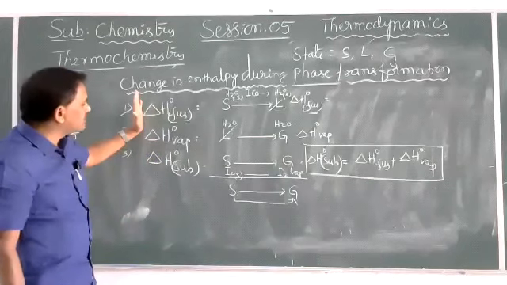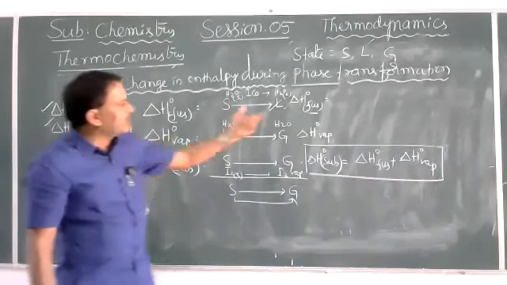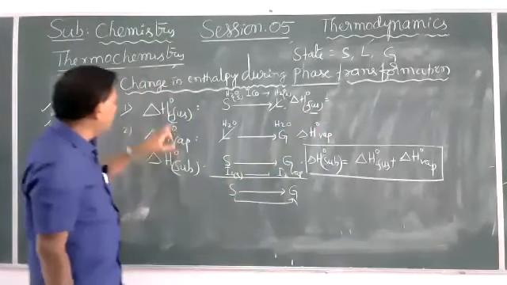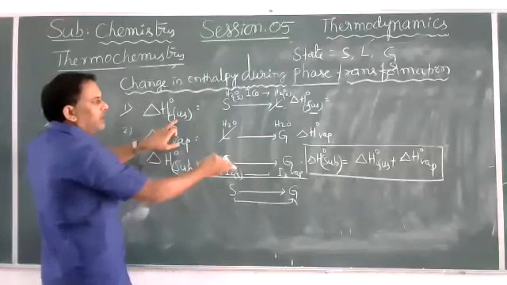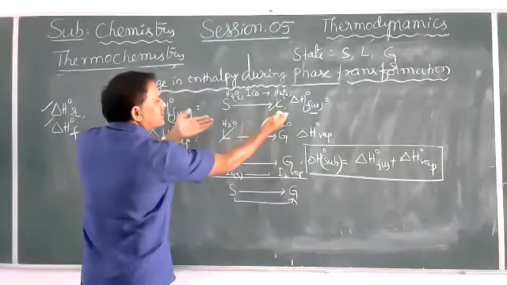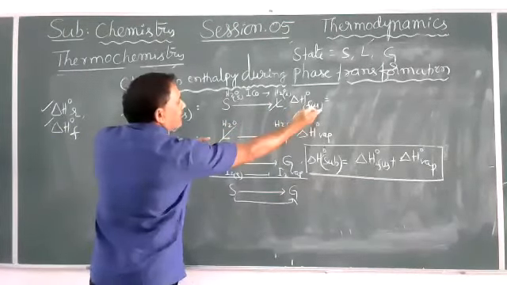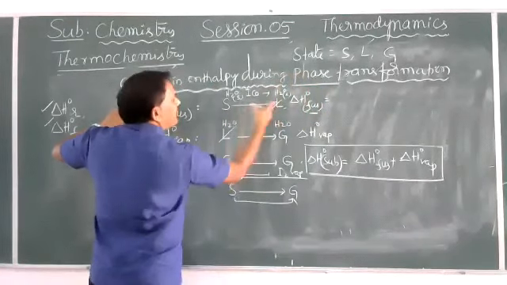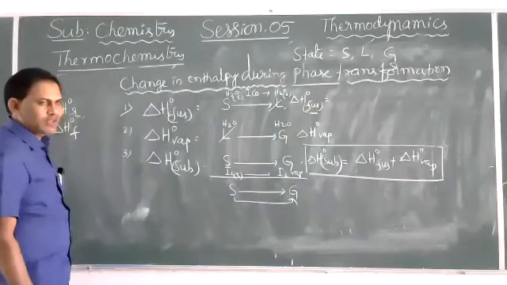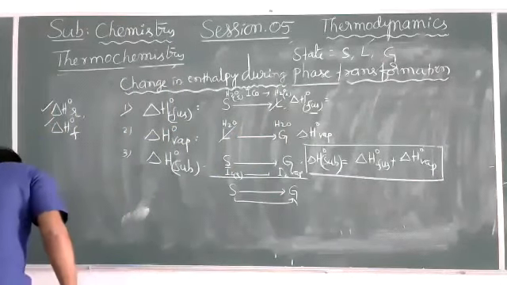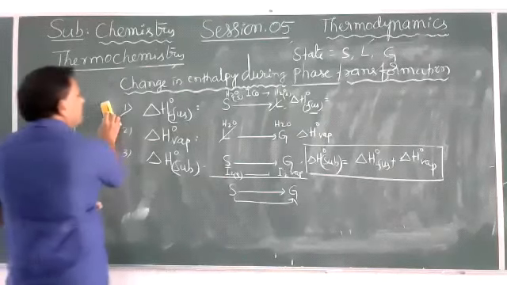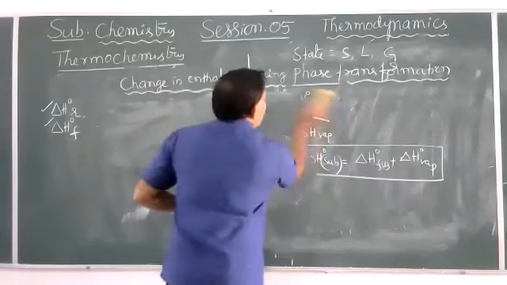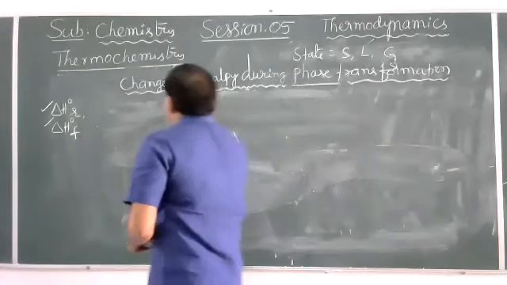Just remember these simple statements and the mathematical expressions. While doing problems, these values will be either plus or minus, their respective values. Enthalpy of fusion is a process in which solid is converted into liquid. In such a process, there is a change in heat, that is, the change in enthalpy during phase transformation from one state to another state. Then enthalpy of sublimation, enthalpy of vaporization, enthalpy of fusion. Most important,